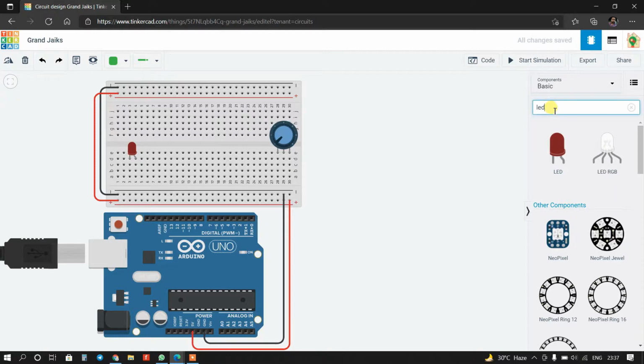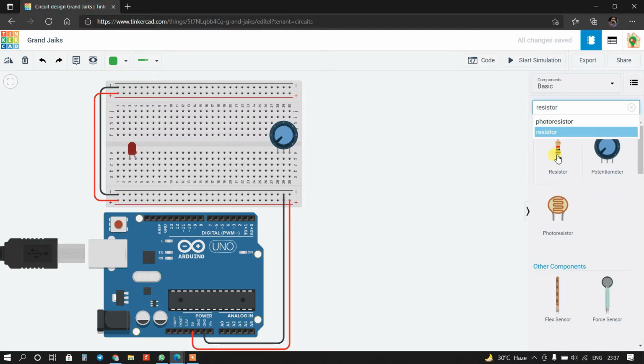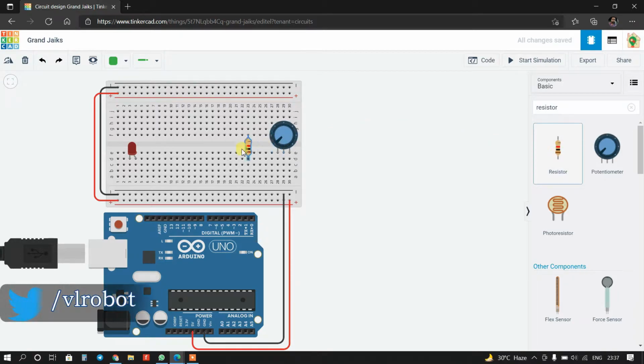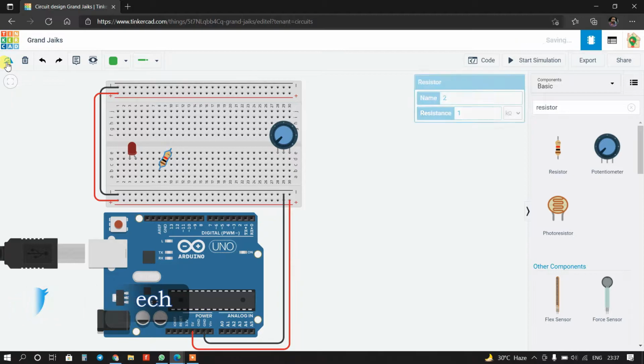And a 220 ohm resistor. Its value, it is 220 ohm.